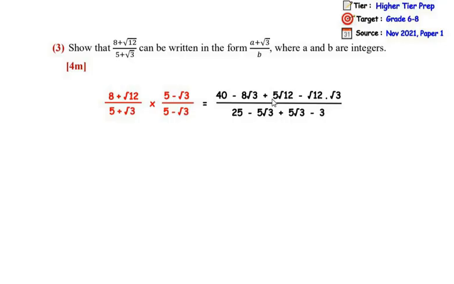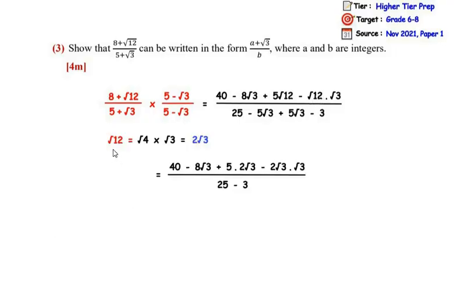Now once we have got this, let us focus on this number, that is 12, because we can see that we can break down 12 as a product of square number and non-square number. So we can write square root of 12 as square root of 4 times square root of 3. Now square root of 4 is 2, giving us 2 times root 3. Now wherever we have got square root of 12, we are going to write 2 root 3. So we get 40 minus 8 root 3 plus 5 times 2 root 3 minus 2 root 3 times root